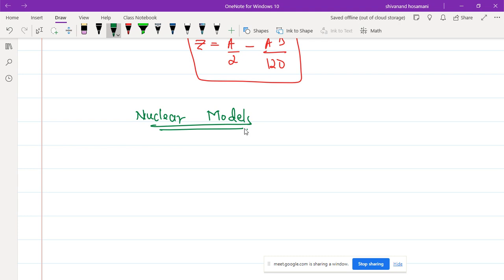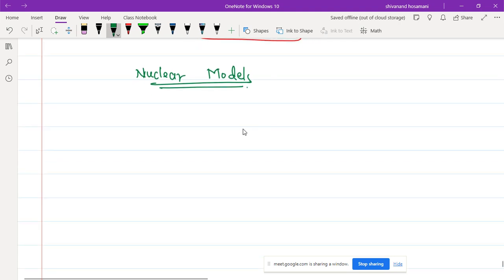So let us see about these nuclear models. Any doubt regarding these separation energy and all those things? Okay. Next is